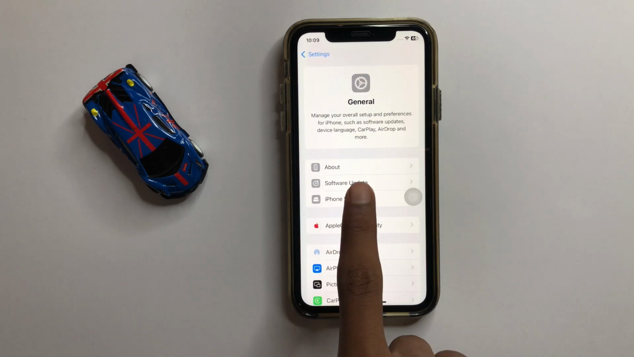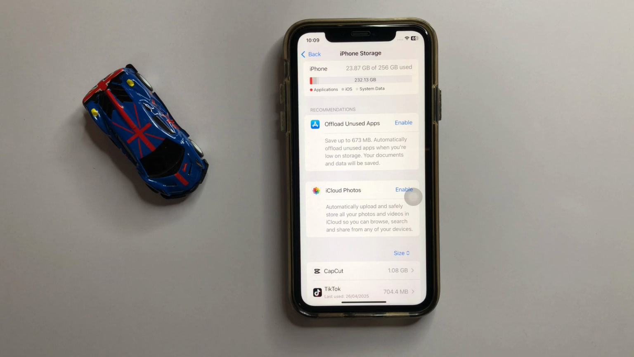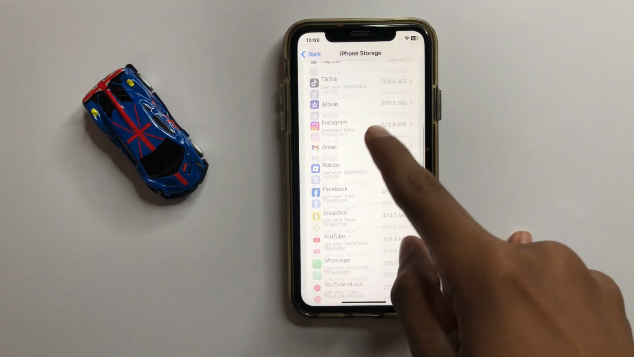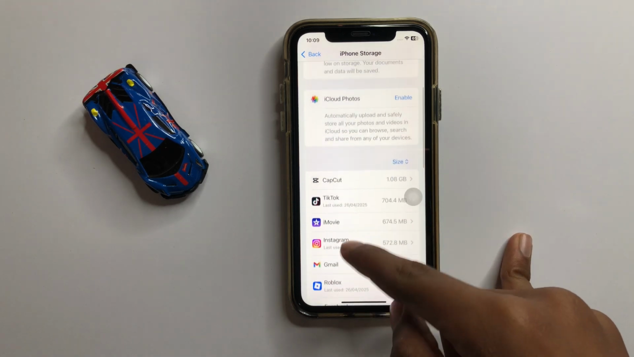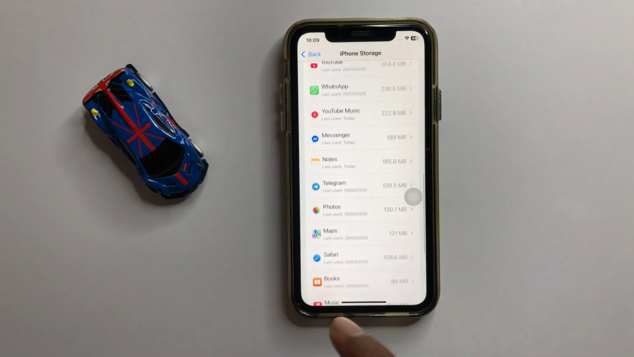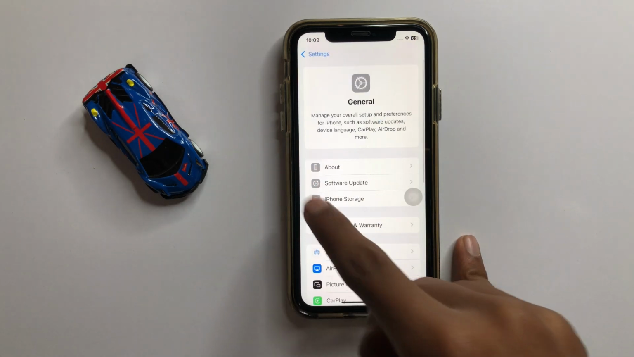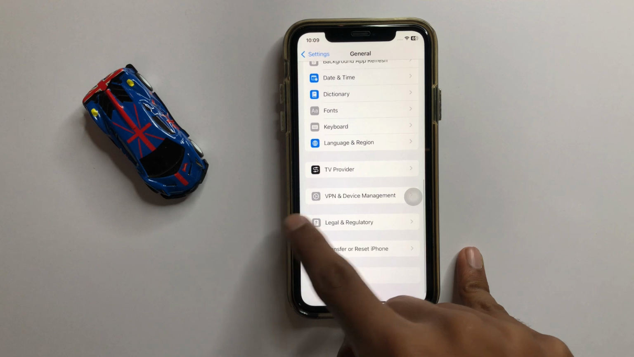Now click on iPhone Storage. Now here you can free up some space by deleting videos, photos, and any extra apps. After that, go back and scroll down and click on